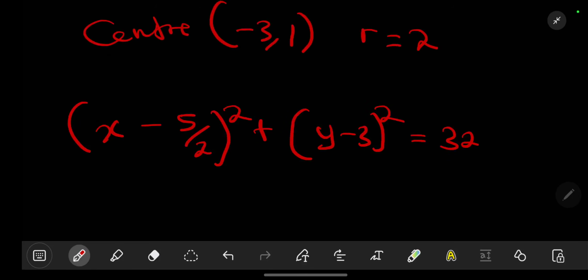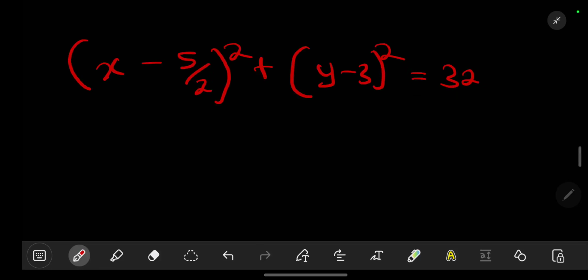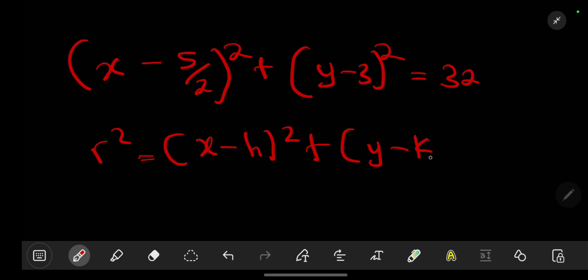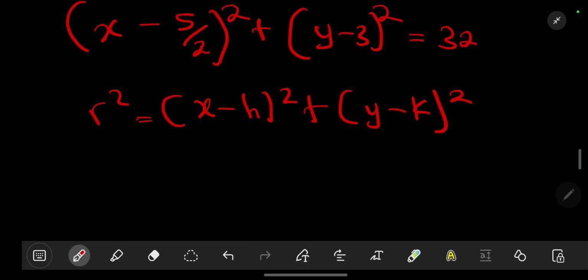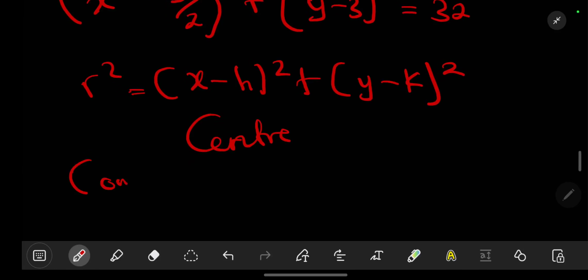So if you have this, it is not an exception. So you are going to do the same thing. So the equation of the circle is r squared is equal to x minus h squared plus y minus k squared. So now, with that said, let's find the center. So you can say comparing with standard circle equation,